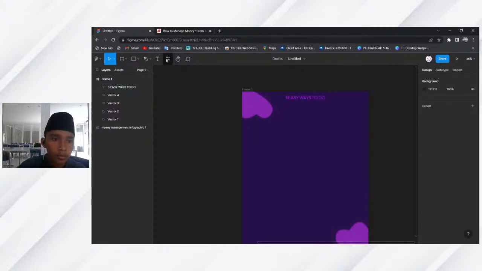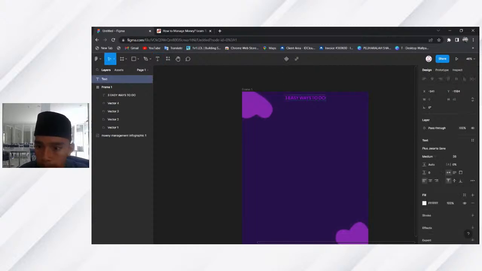Okay, and then you press the text button again, and now your text will be Plus Jakarta Sans medium, and the size is 36. And now you type money, then make the font bigger.